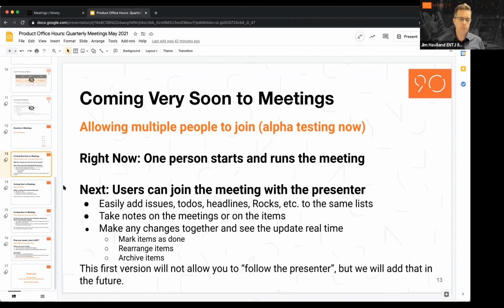I know Christine and her team have been working very hard on it, making it a great feature that works really well. So hopefully you'll be able to not bring out 90 into the meeting, just leave it as something that everyone's looking at, and you're just following along the agenda.